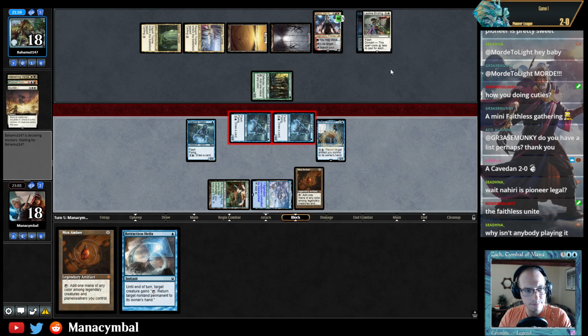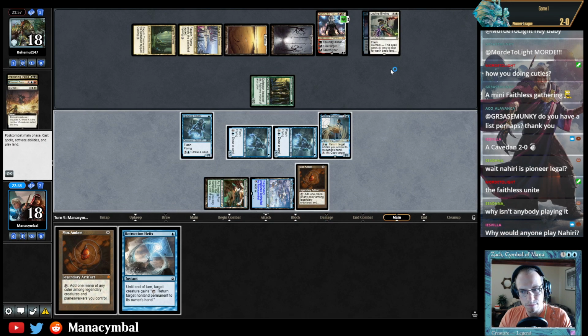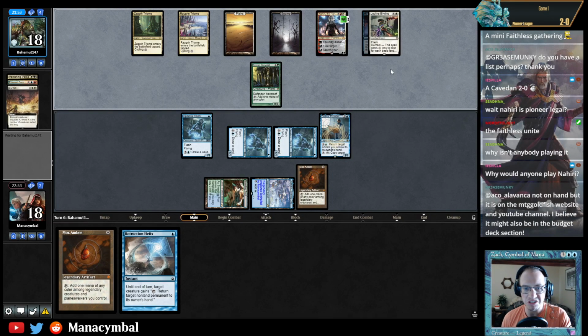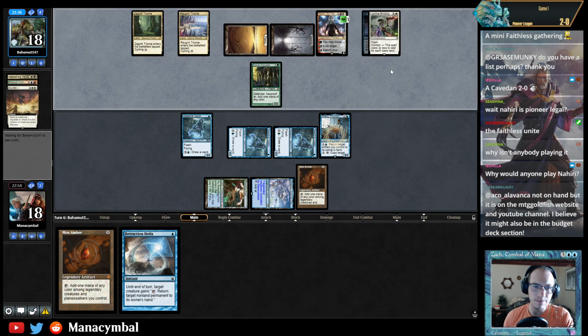Nahiri. Why would anyone play Nahiri? It's just a good card to have a couple of copies of in your Niv deck. It just does stuff. It exiles creatures, it card selects, and it can win the game at 4 mana. It's a very reasonable card to play. It's also exactly 2 colors, so it's a Niv hit. So if you want to play Niv Mizzet Reborn, then